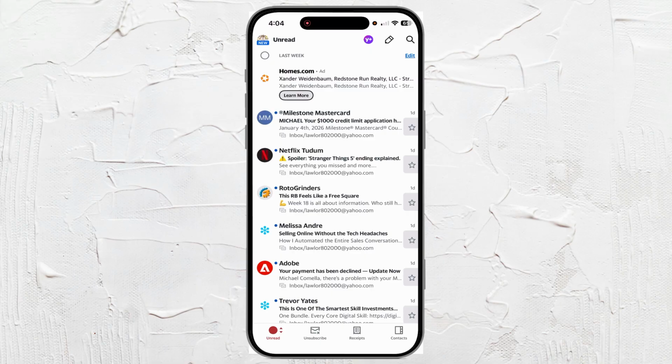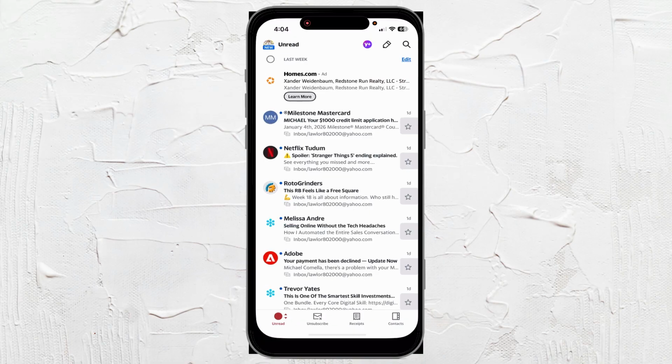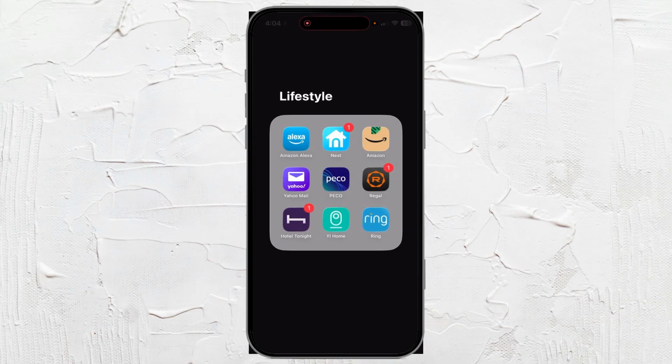Now, I don't believe you can actually go through your entire inbox, but it does depend on how many emails that you have. But what you can do is just keep selecting and keep deleting. And that's it. That's how you would go about deleting all